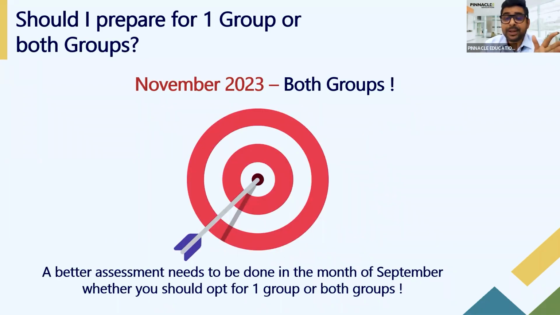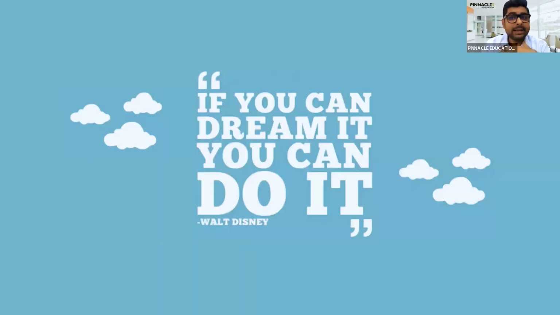How many groups to prepare? Like I told you, you're not even thinking at this stage of one group, two groups. We're absolutely preparing you for both groups. Whether you want to give one group or both groups is a call we'll take at the fag end, maybe in July, August when we finish the syllabus. But absolutely, coaching is for both the groups, right? All other administrative details with respect to fees, etc., are available at the center. Please contact the center. They will share all the details with you.